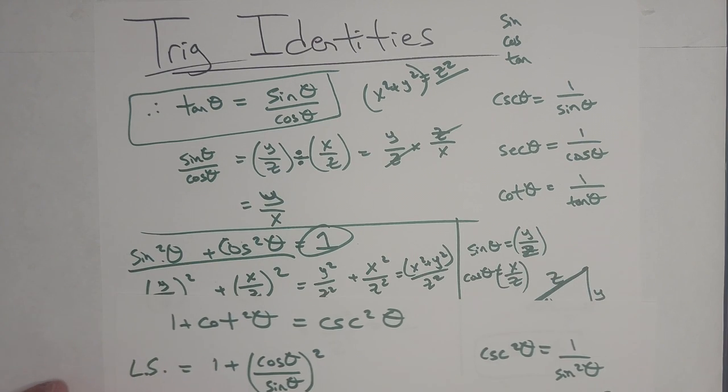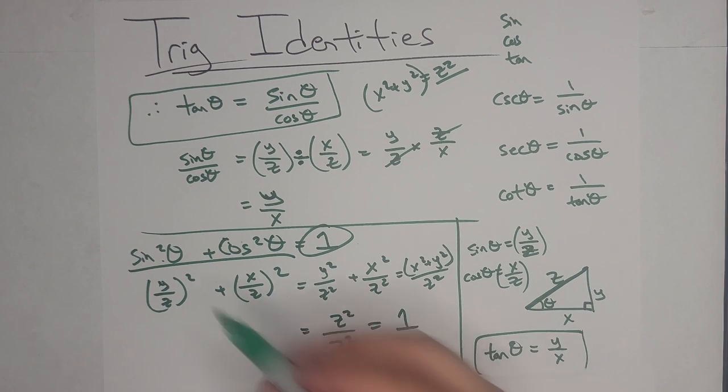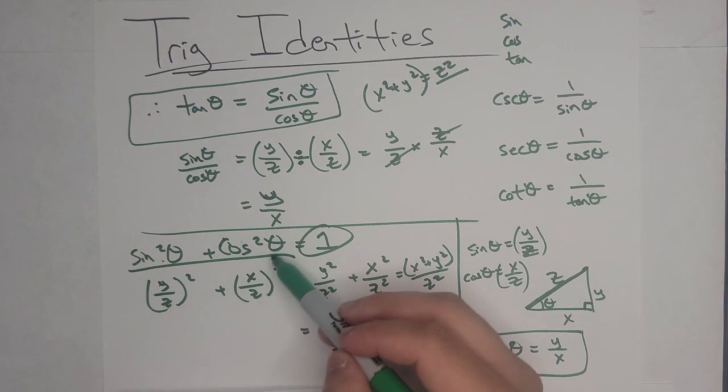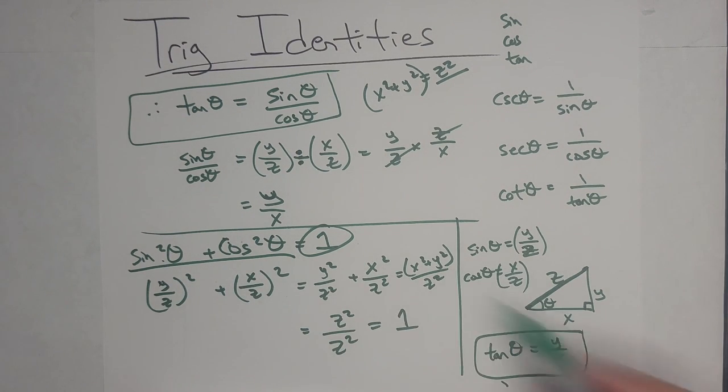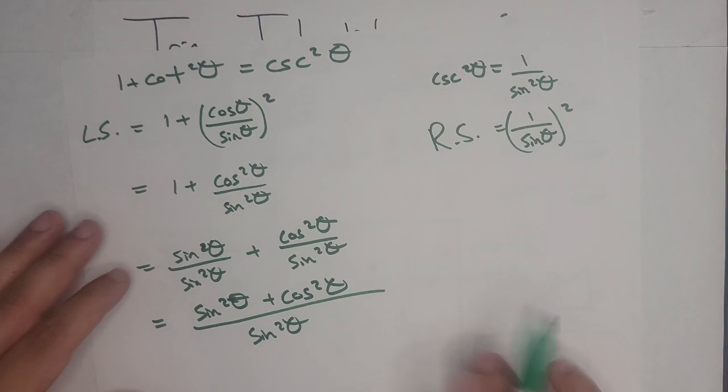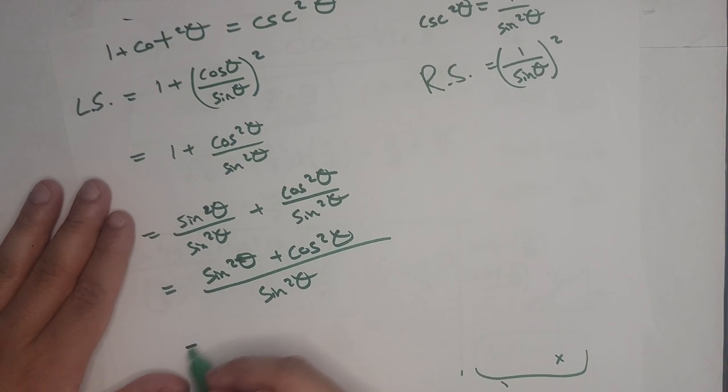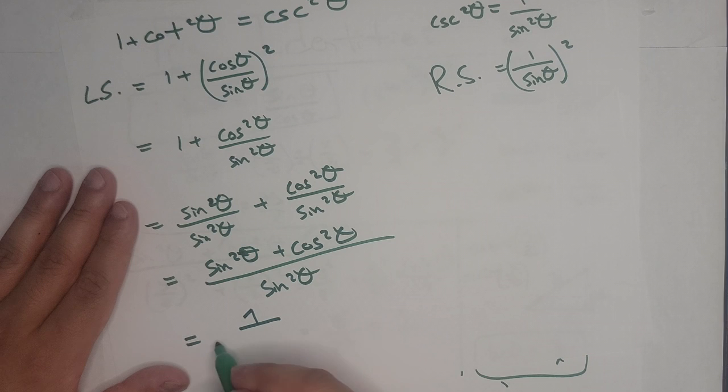And if we remember our identity, sine squared theta plus cos squared theta equals 1 from our Pythagoras theorem, that means the numerator is now 1 over